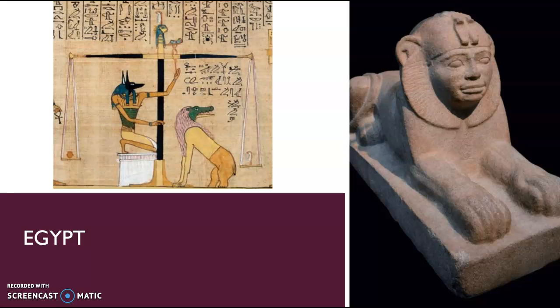So Egyptian culture is a good example of religious art. A major part of their culture and religion is the depiction of animals. One in every four or five hieroglyphics is actually an image of an animal in one way or another, whether it means something or it's actually meaning the animal directly. Animals were part of their gods' images, so you can see on the left here two of their Egyptian gods in the afterlife weighing souls. They have animal heads and human bodies, and you can see the reverse with the Sphinx on the right, this animal body with a human head.